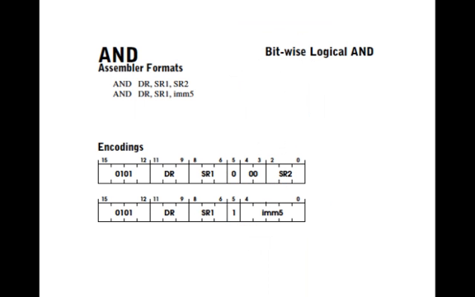Next, we will cover the AND instruction. Similar to the add instruction, this operation in assembly language is in the same format where the first parameter is the destination register and the second one is one of the source registers. The third argument is the second operand to this operation, which is again either another register or a 5-bit sign extended binary number. As you may know, this instruction does a bitwise AND of the contents in the source register with the second operand, be it a register or a binary number, and stores the output into the indicated destination